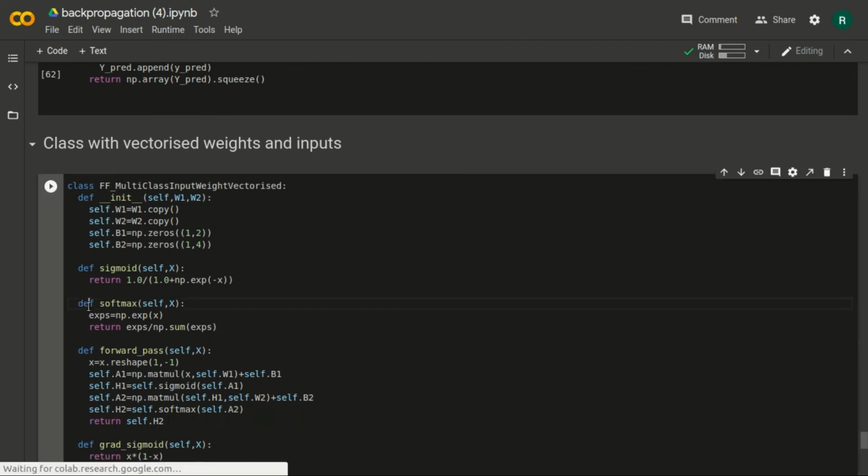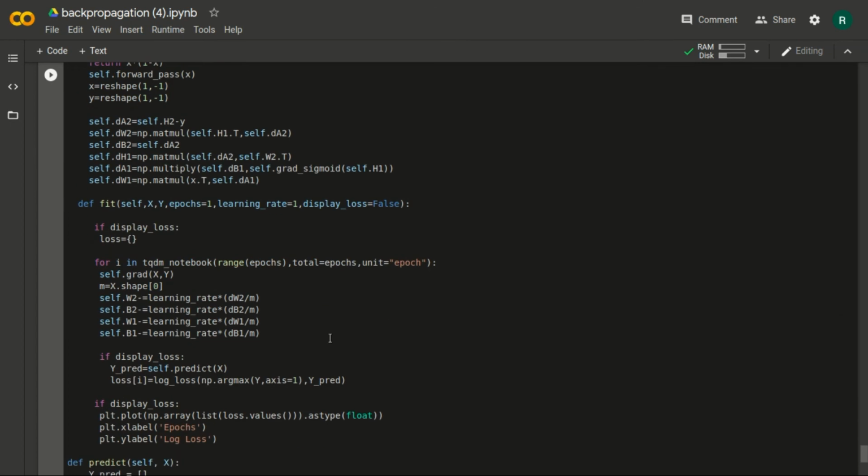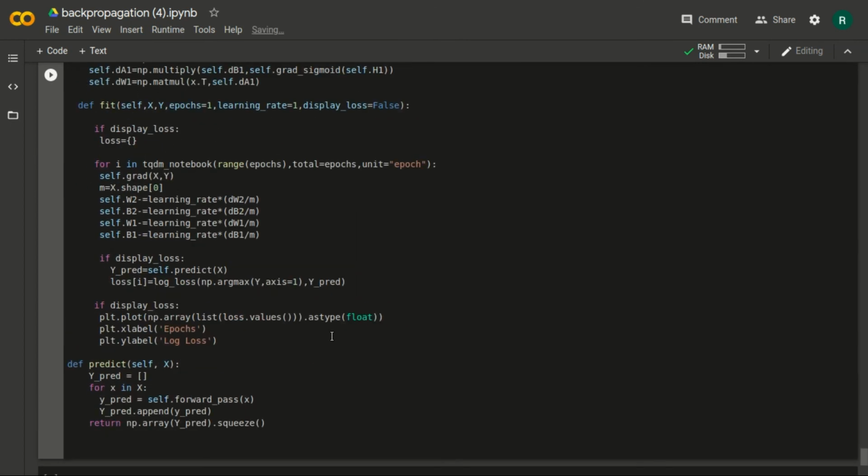We have used softmax here as well, that was missing there. Everything is the same. We haven't trained our model and checked the accuracy here, but the main purpose of vectorization is to reduce the time in the implementation of it.